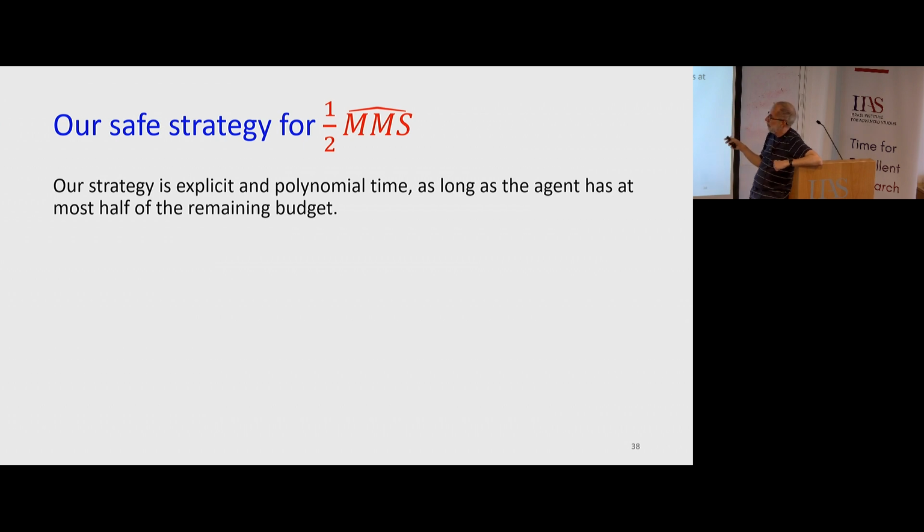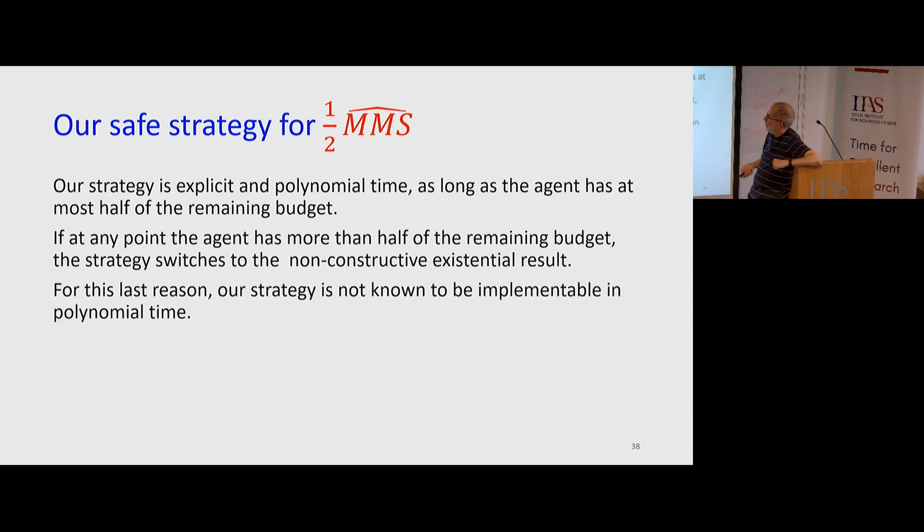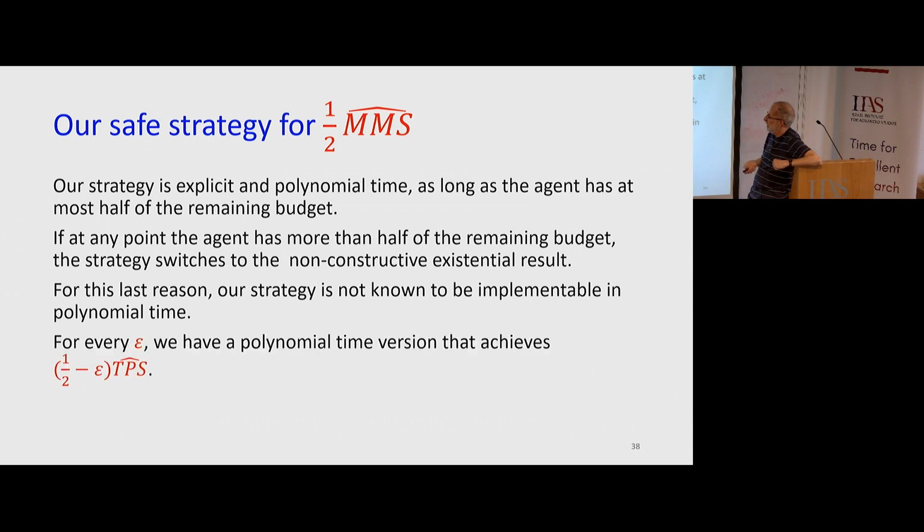describe it. If at some point your budget is more than half of the remaining budget, you switch to the existential result that says that you can get at least half of the remaining value. And for this, we don't have an explicit strategy, but we know that the strategy exists. So for this reason, our strategy is not known to be implemented in polynomial time, but we have an approximate version of our strategy which does achieve almost half the